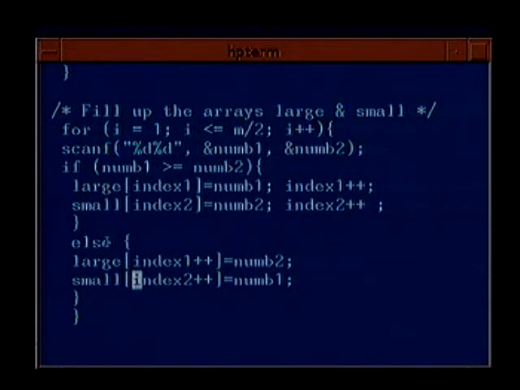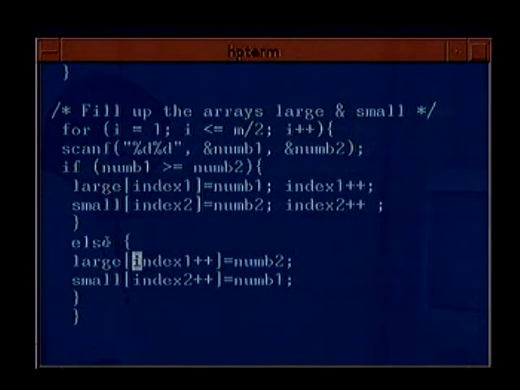plus plus here. Then what does it mean? Does it increment first here in this one? It must do large index equal to num2 and index 1 plus plus. This is equivalent to this, in the sense that this index 1 plus plus is a statement which will return something. In C, every statement returns a value. So index 1 plus plus